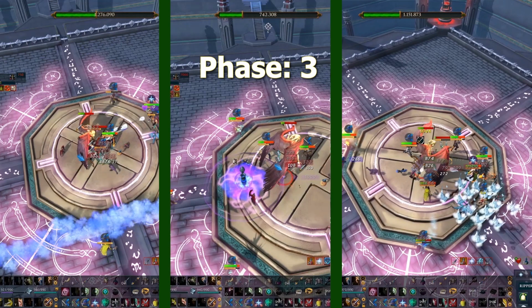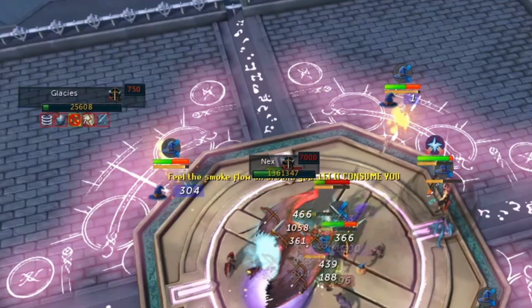Between 1.8 million and 600,000 life points, there are 3 special attacks: Smoke Line, Smoke Pool, and Ice Prison. Let's start with the Smoke Line. If you're targeted by this attack, a red message saying, "Next begins to draw smoke from the north or east